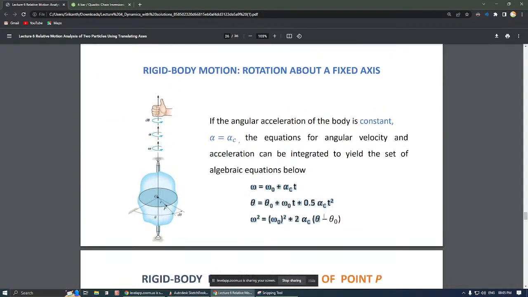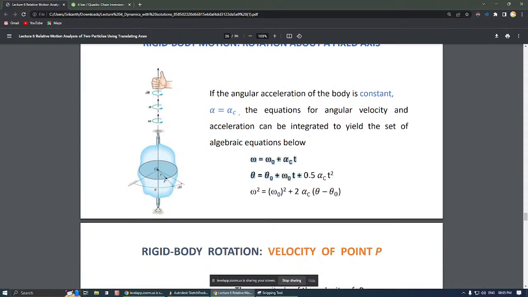So these are the equations of motion. We had seen, if omega is decreasing, then it will be opposite direction. Then these three equations of motion we had studied earlier for linear motion. The same equations are now defined for